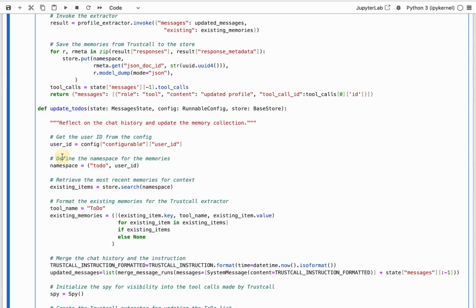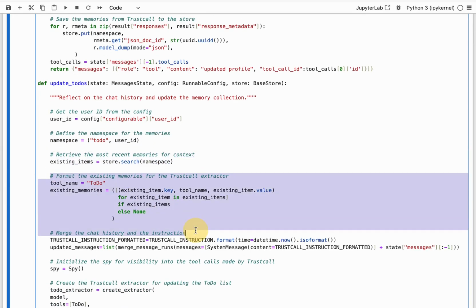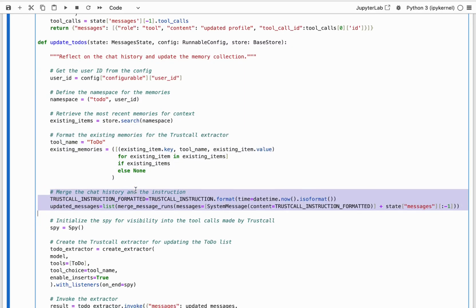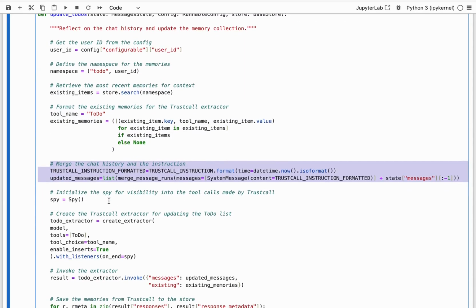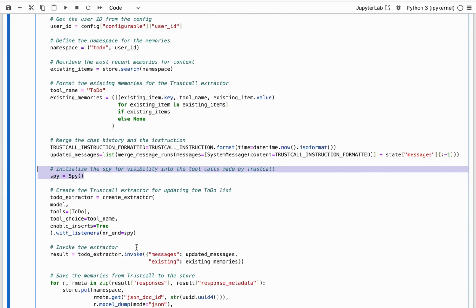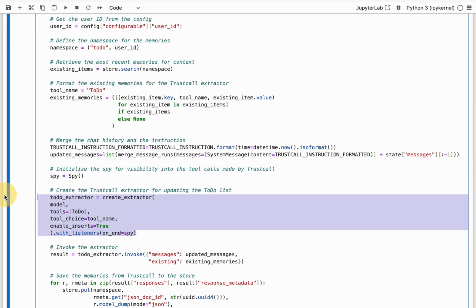Get the user ID, namespace, existing items, and then format those existing items accordingly. This is effectively the same prompt as before. Now here's where it's a little bit different. We talked about our SPY. Let's define our SPY again, initialize it, and we're going to create our extractor here with a SPY as the